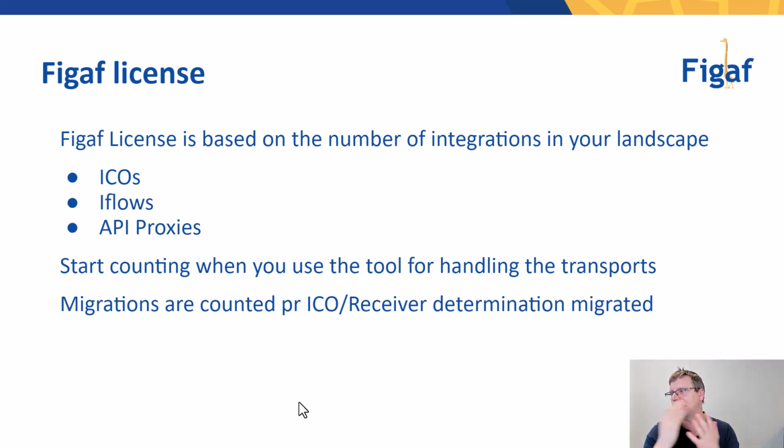So either handling a transport, or if you're doing a migration, it will count each ICO or receiver determination as a separate object. But you can migrate it multiple times. You can deal with all of these different things as you